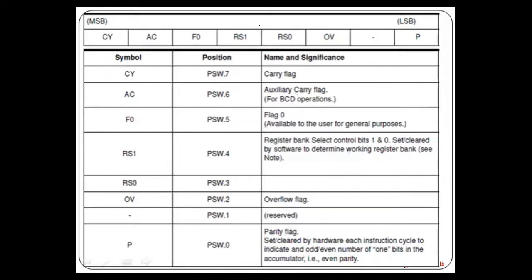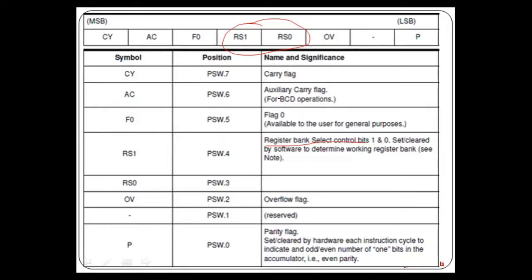So RS0 and RS1 are the control bits. They help in selecting the bank of the internal RAM. We saw the internal RAM structure in the previous video. Their name is register select bits. These two bits will decide which bank you are working with. How many banks did we have, if you remember? We had 4 banks, bank 0 to bank 3.